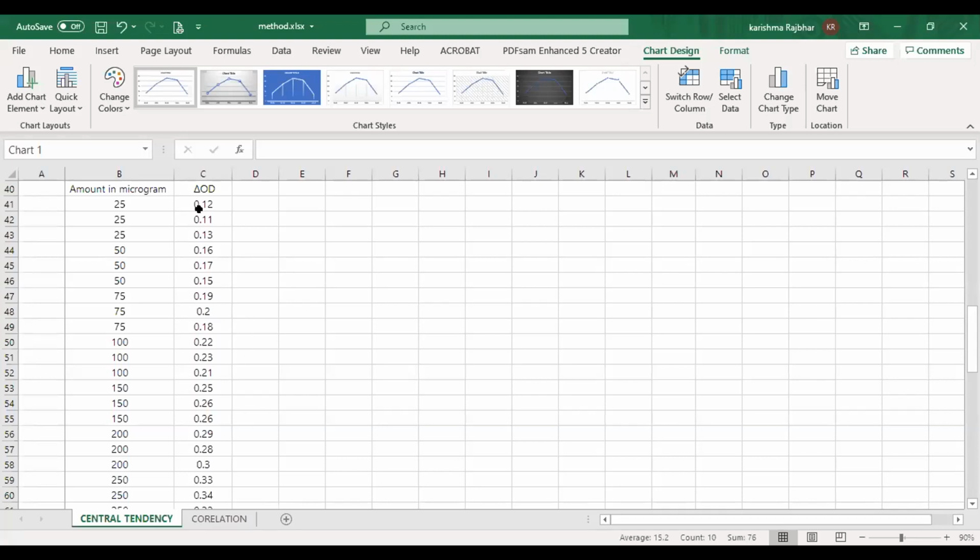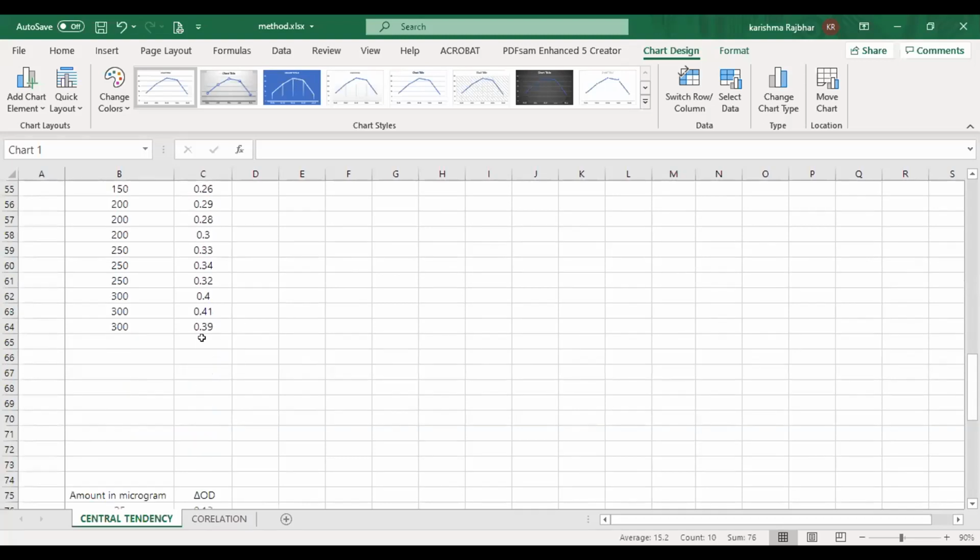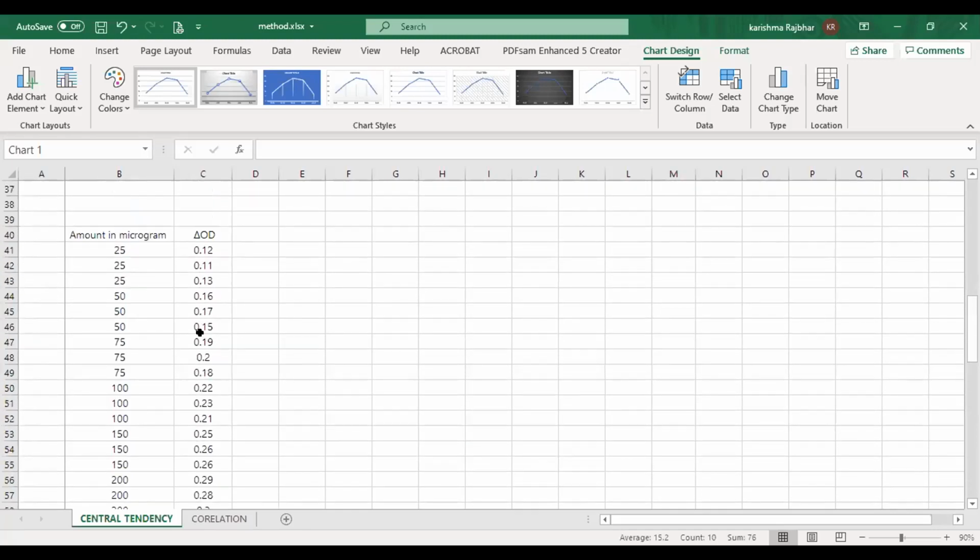See the range. It starts from 0.1 and ends with 0.3 and 0.4. Very slight change, right? Yes or no? Yes, ma'am.